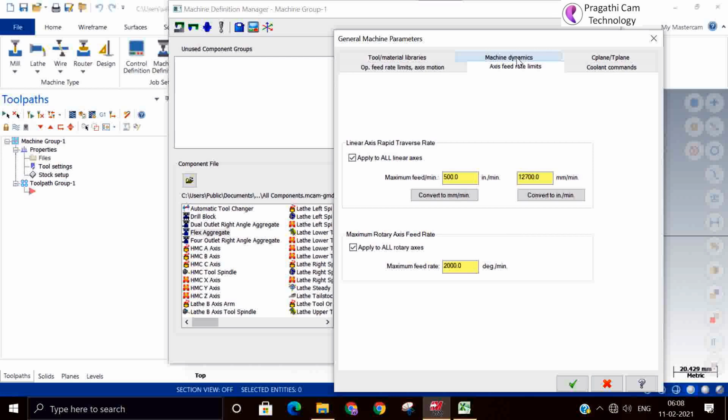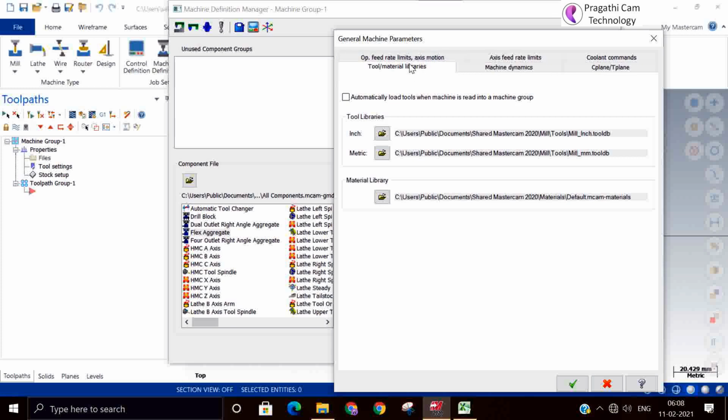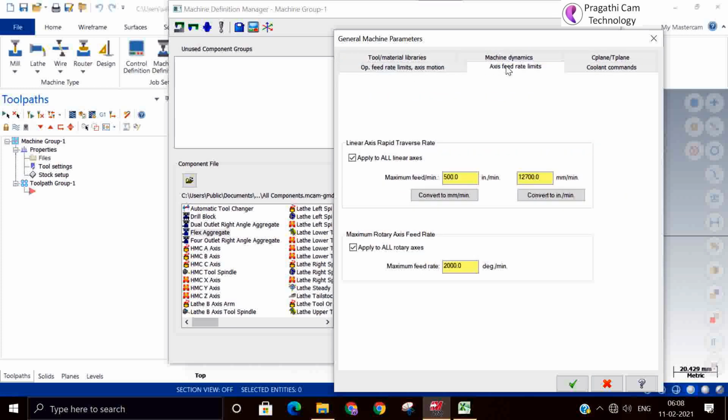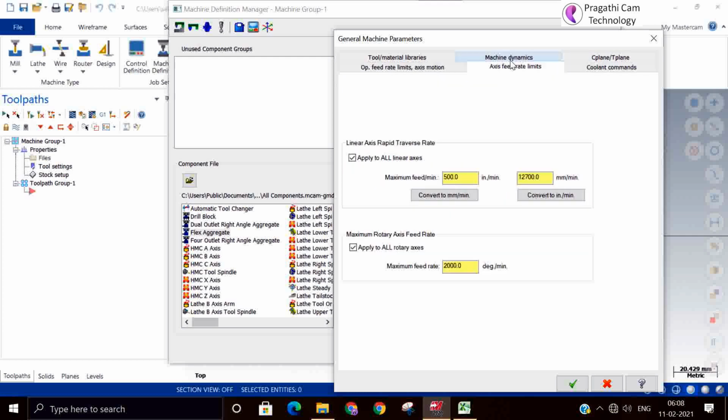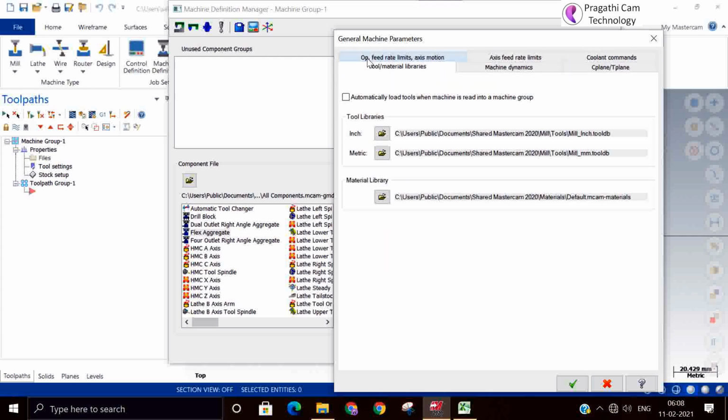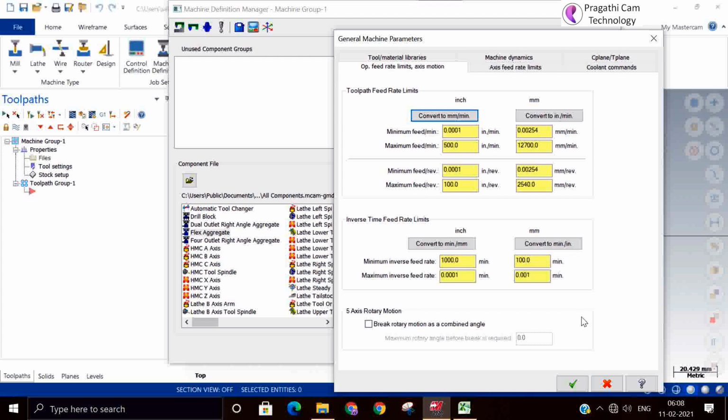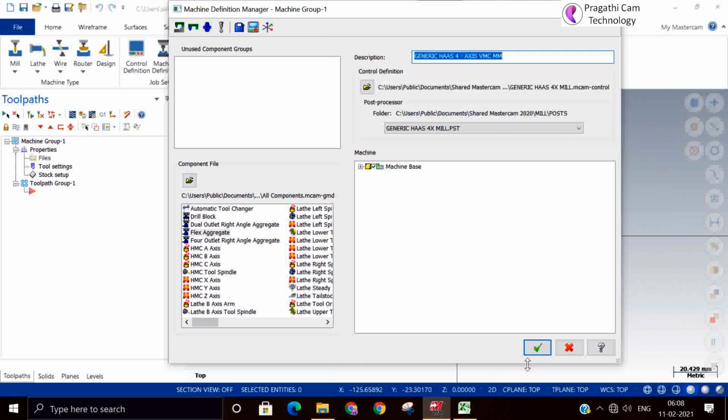What is minimum and maximum? So all this I am just showing for the knowledge purpose only, nothing else. You are not supposed to modify these things.